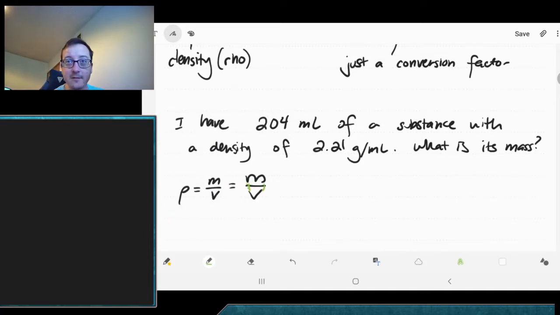Density is love. It's just a heart. Ta-da. Okay, but anyways, that aside,